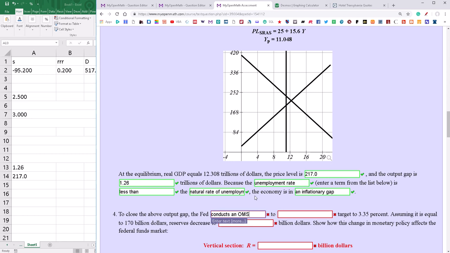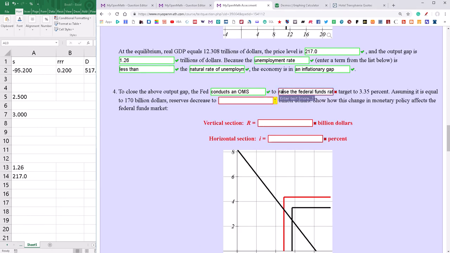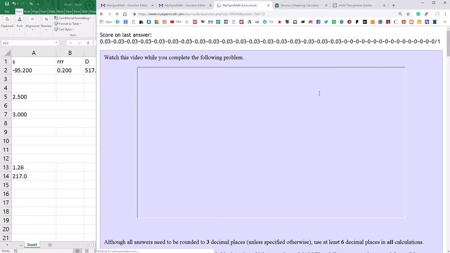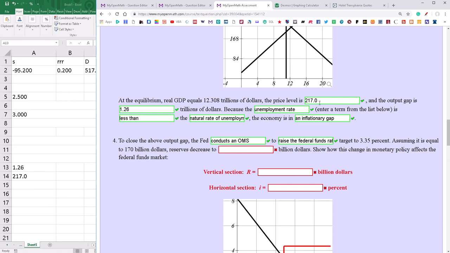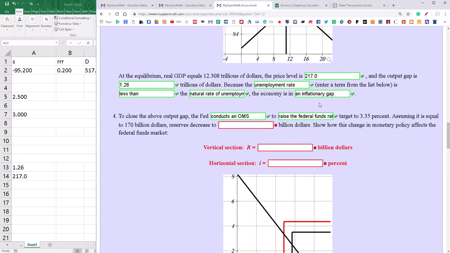So the Fed's going to conduct an open market sale to increase the federal funds rate target to 3.5%, or raise the federal funds rate target to 3.35%. So let's check that instead. There we go. Okay. Assuming this open market sale is equal to $170 billion,